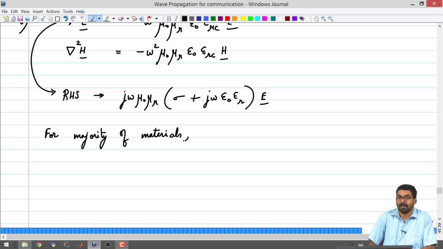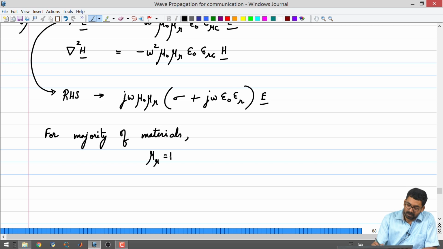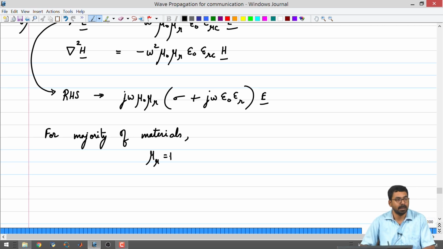Many of the materials are non-magnetic, alright. So, for the majority of the materials, it is safe to assume that mu r is equal to 1. Of course, when you are doing serious research, you can plug in the exact values and proceed, but it is not incorrect to assume that for a lot of the materials that you will encounter, mu r is actually equal to 1. That just removes one more term from the right hand side of the wave equation, right. So, which means that